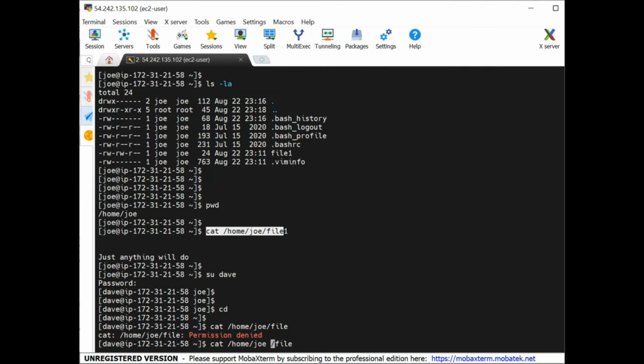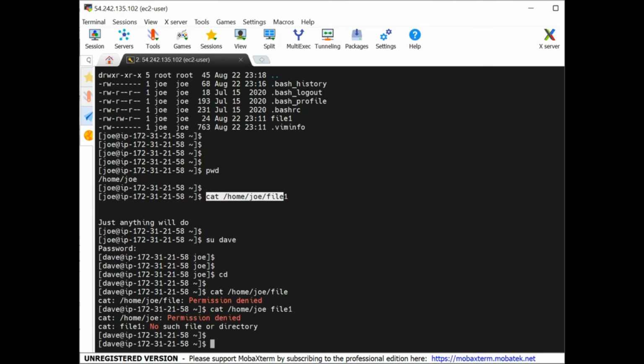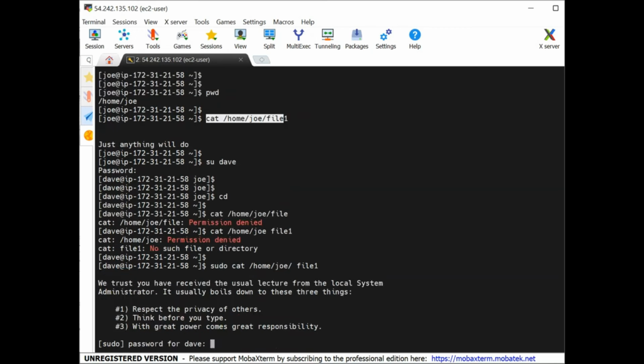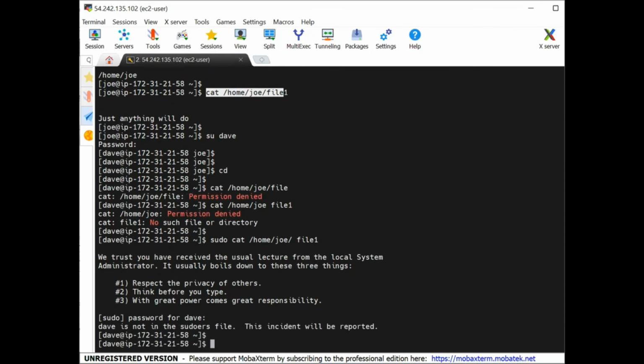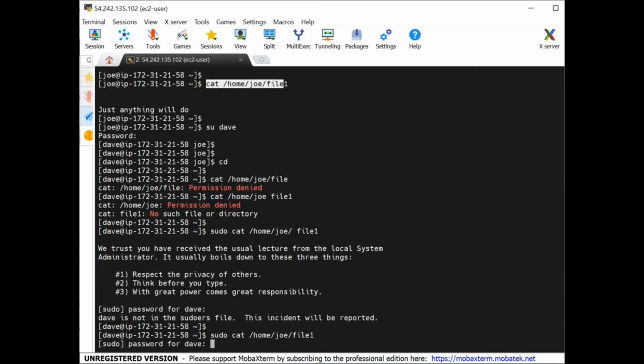File 1, right? Yes. File 1. There's still an error. You didn't put the slash after Joe, slash file 1. It doesn't really matter. Sudo password for Dave. There's a space after file 1. Yeah, take the space after file 1. Oh, there we go. Okay, so Dave is